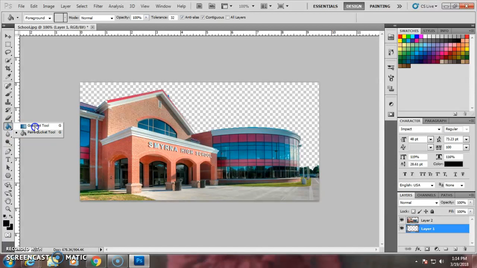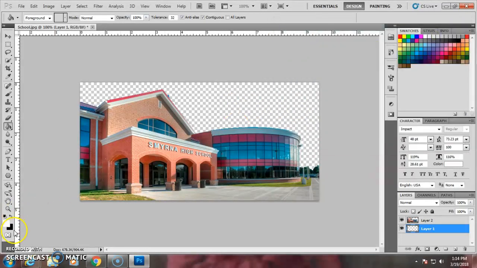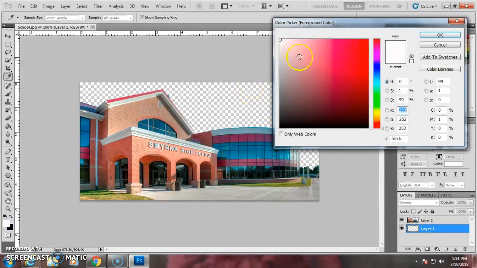If yours is a gradient tool instead of the paint bucket, you need to click and hold down and then move down to the paint bucket tool. You can put any color you want into the paint bucket to fill in the area. I suggest starting with white or black. If you do not have white or black, simply click on the square and then you can change the color